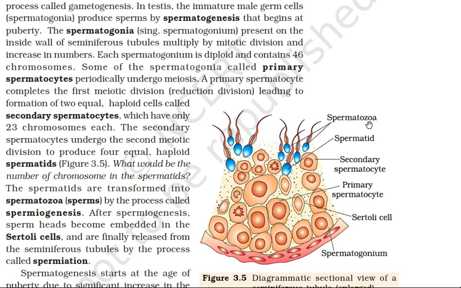Now we move to the next phase of spermatogenesis, that is the growth phase. In this phase, some of the spermatogonia increase in size by accumulating nourishing materials from the germinal cells. That means they get nourishment, increase in size, and become almost double in volume, and they are termed primary spermatocytes. You can see on the screen that because of the increase in volume, the primary spermatocytes are larger than the spermatogonia.